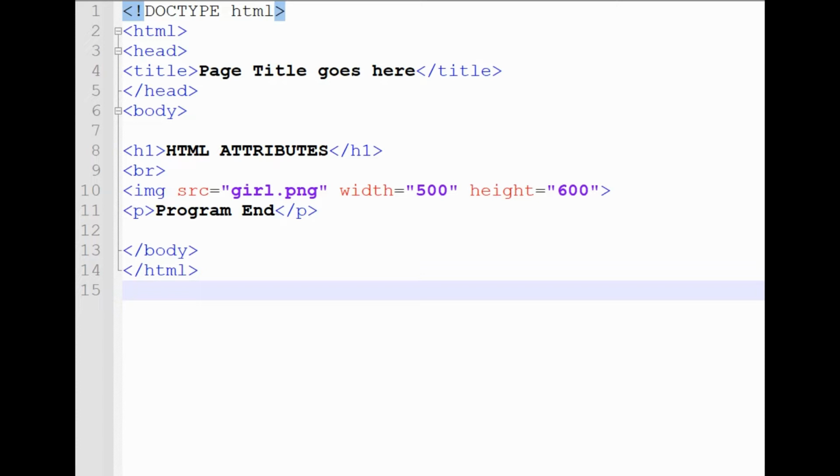Today we are going to explain about HTML attributes. All HTML elements can have attributes. Attributes are always specified in the start tag. Attributes normally come in name, then the values,